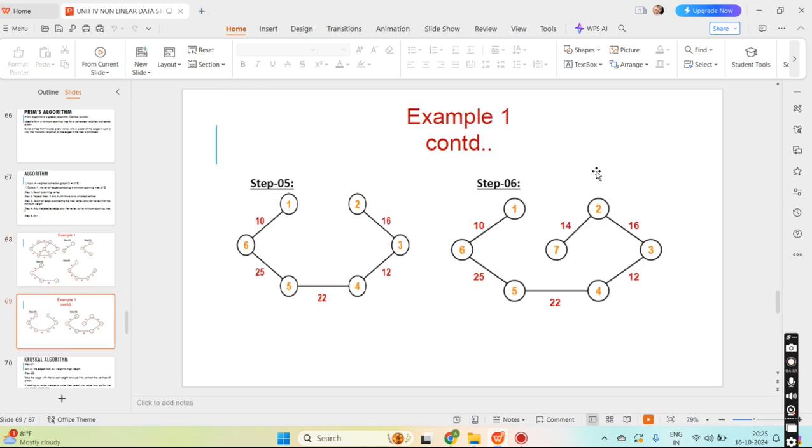The next step is from 3. From 3 to 2 the minimum value is 16, so we create an edge between 3 and 2. Then the final value is 14, so we create an edge between 2 and 7. So the minimum